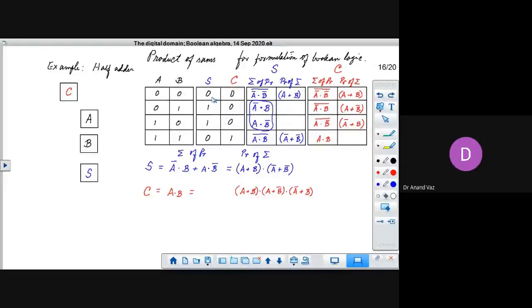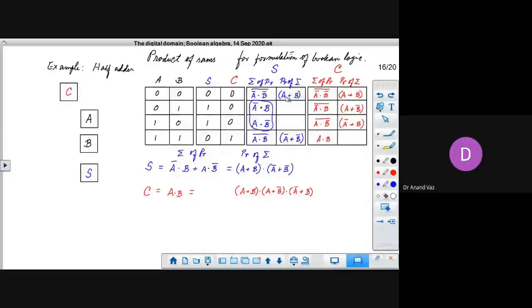Now suppose we look at the products that are going to give us zeros. Now the product that is going to give us a zero here, what is that product? It is going to be not A and not B, complement of that. Okay, not of not A and not B. And according to De Morgan's theorem, we know that this is actually equal to A or B, not of not A or not of B, that is A or B. Did you get it?